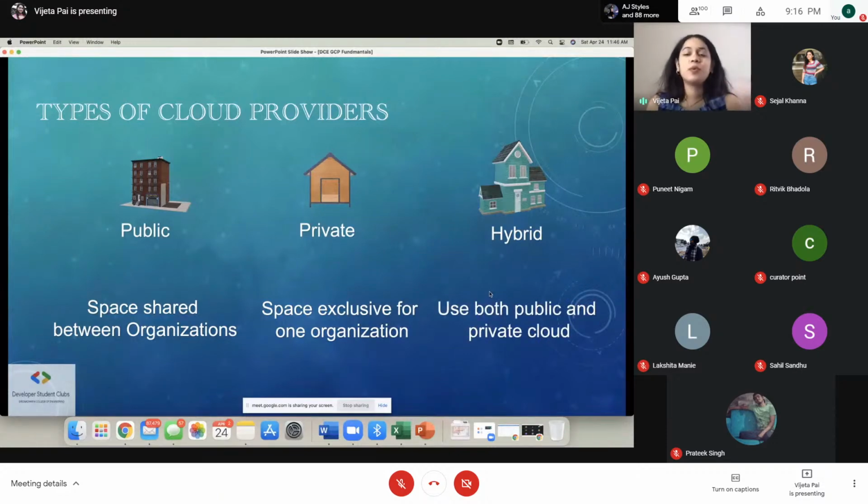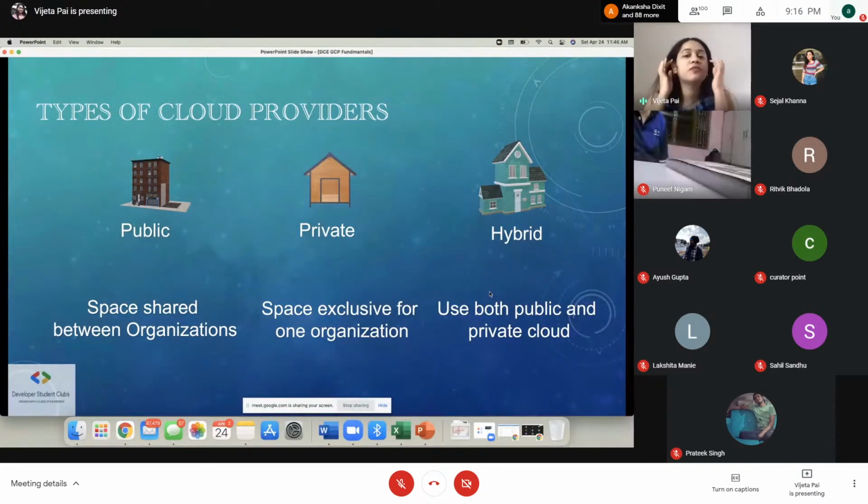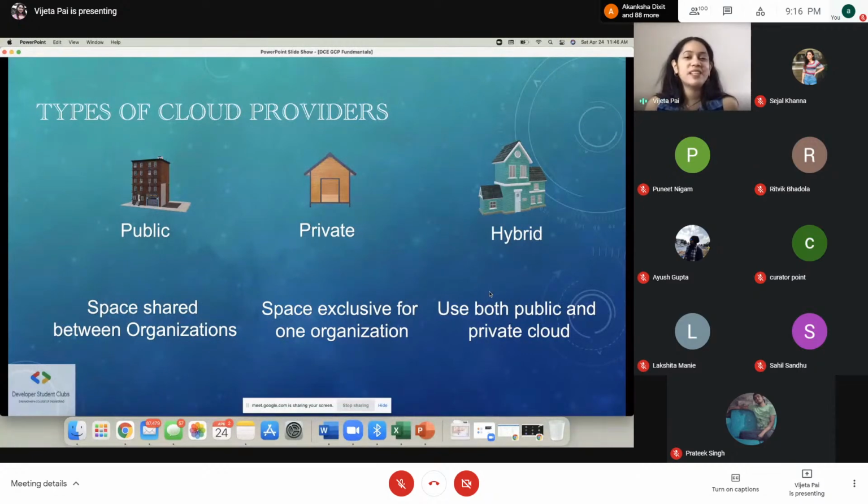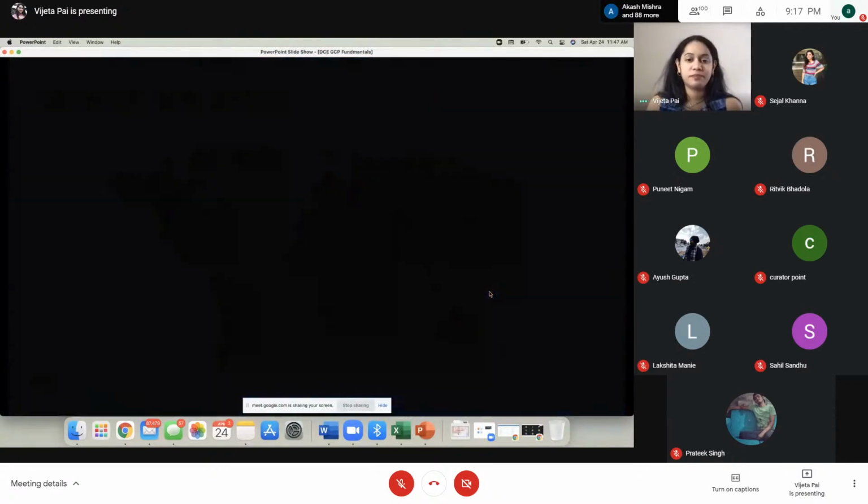Hybrid, like I said, uses both the public and the private cloud. So they use features of the private and the public cloud to provide a good experience, which is not only cost effective, but at the same time, it also has really good privacy and security features, which some companies might be worried about. Google Cloud is a public cloud provider, but right now they're also moving towards a really hybrid model. So they're trying to negotiate between the two. This kind of flexibility makes it very easy for companies to think about moving to the cloud. And that's the reason why cloud is getting extremely popular.